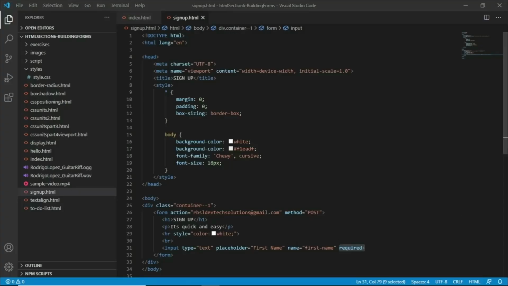The name attribute that we have here is specifying the name of the input tag. Okay, so just take note of that. And the required attribute here is telling the browser that before the user can submit the information, they have to fill out the information inside of the input tag here. So if we go back to our documentation here,